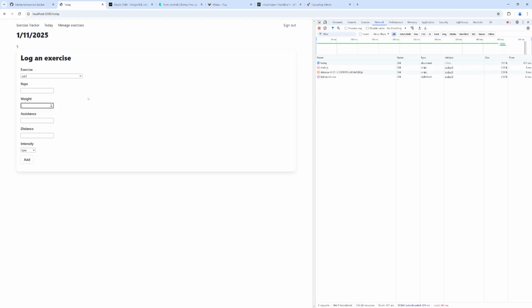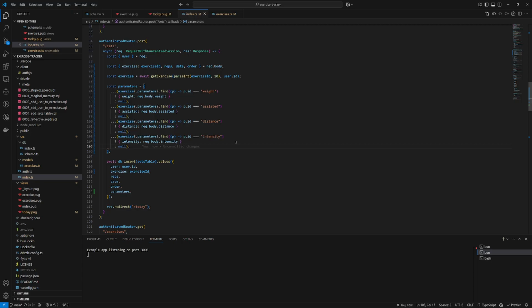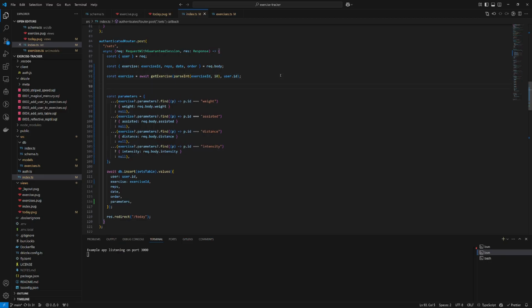If I was making a PR or actually trying to make this code production ready, I would probably try and abstract this into a function or something. Not that there's strictly a problem with it the way it is, but the more repetition you have, the easier it is to have typos. It's not necessarily obvious that all of these parameters work the same way or what the difference is between them. And so by abstracting it into a function, it becomes that much more clear, and maybe I'll just do that as an example. So for instance, if I do